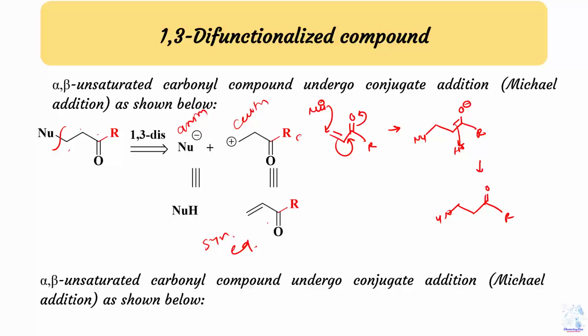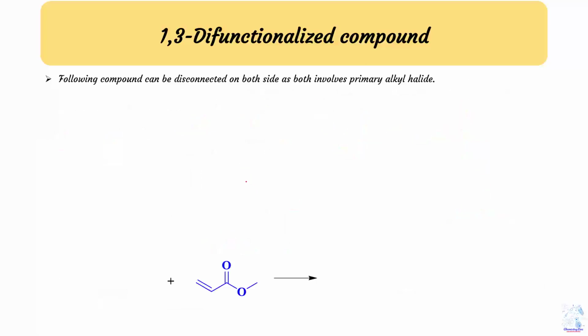The above unsaturated carbonyl compound has an electrophilic site 2 atoms away from the carbonyl group and is therefore the reagent corresponding to the synthon. So which is the reagent corresponding to the synthon? The synthon is that one and the reagent is this one. So this type of reaction is available only when the alkene is conjugated to an electron withdrawing group. Usually carbonyl, but it can also be nitro and cyano. This disconnection is available only at the carbonyl addition or carbonyl oxidation.